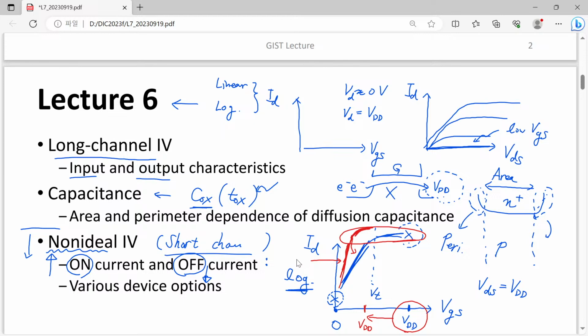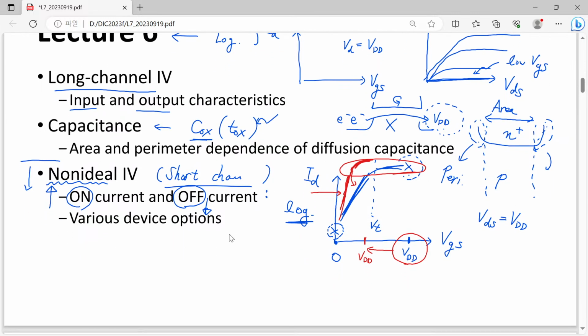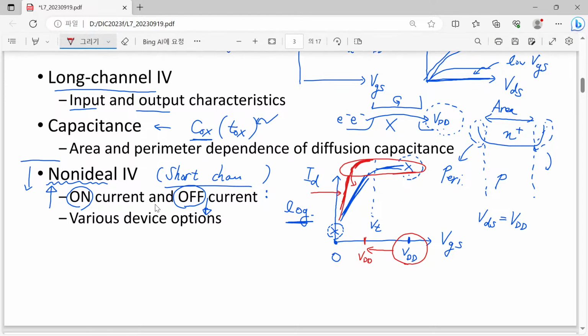Okay, I will explain later. I prepared another graph. But anyway, that was our previous lecture. So therefore, it is obvious that this condition, very high on current and very low off current, is not possible to be met